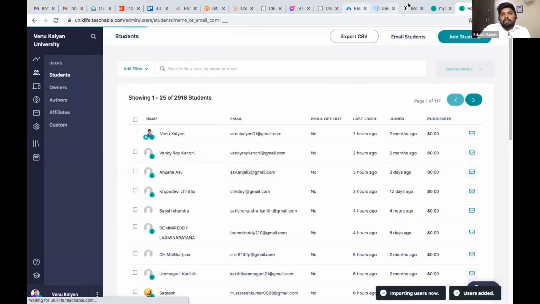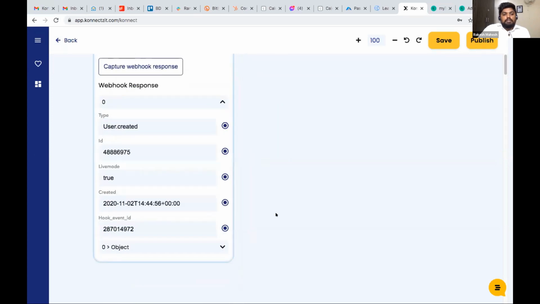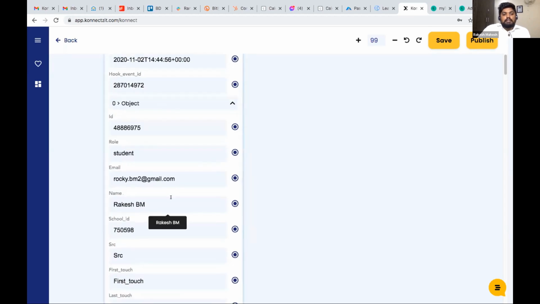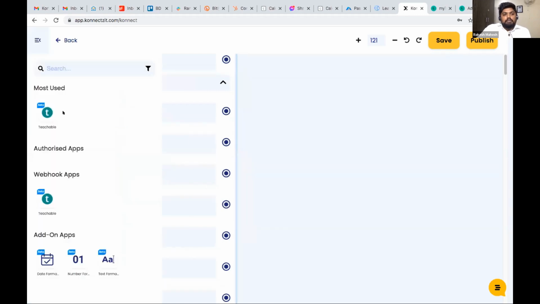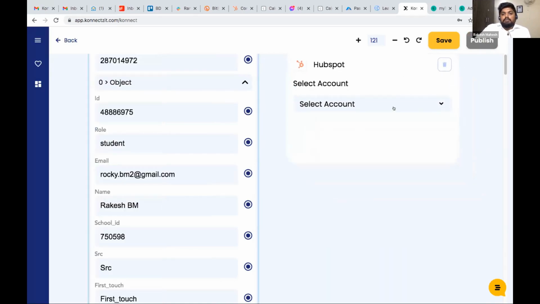That's it. Automatically the data will pop up over here. You can see it is very instantaneous. They don't need to do anything. Every piece of data is present instantaneously, and you can see my email ID has been captured. Similarly, they can use all these tools to store that data. The rest of the things will be the same; just the connection will be different.